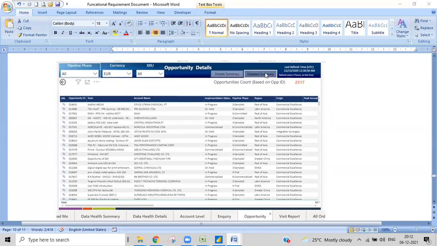Like one is a simple view and one is a detailed view. We will make some bookmarks, and then we'll create that one. They don't tell us that we need to create a bookmark. They'll tell us that it should be in such a format. Whenever I want to see a simple summary, I just need to have the simple summary for the same data. Whenever I want to see the detailed summary, I just need to switch it to the detailed summary.